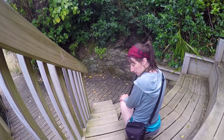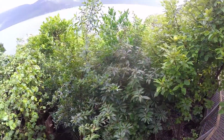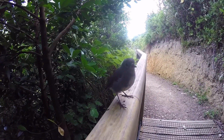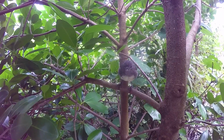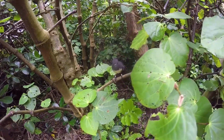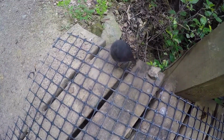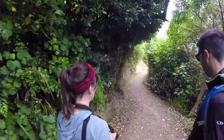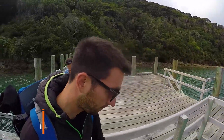So on top of the robins and the saddlebacks that we've already shown you, we see a lot more birds that we didn't get a chance to film. For instance, we see bellbirds, grey warblers, wood pigeons and a type of parrot called a parakeet or a kakariki, and we also see a lot of fantails. Although we didn't make it all the way to the summit of Motuara Island to see those views, we feel that this is an hour well spent watching those amazing birds. But our boat is due to come any moment, so we head back down to the jetty